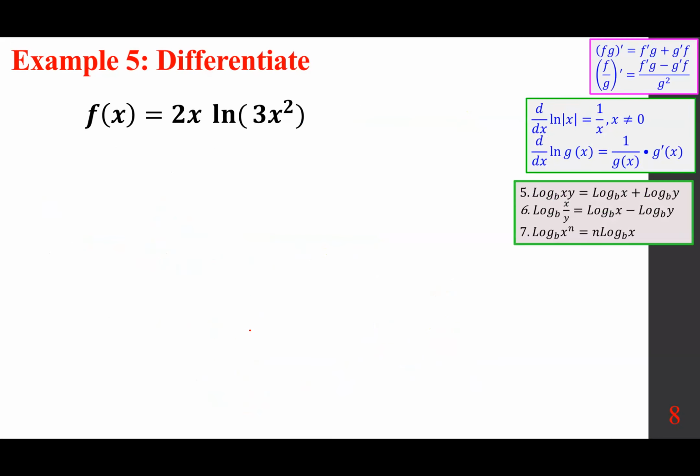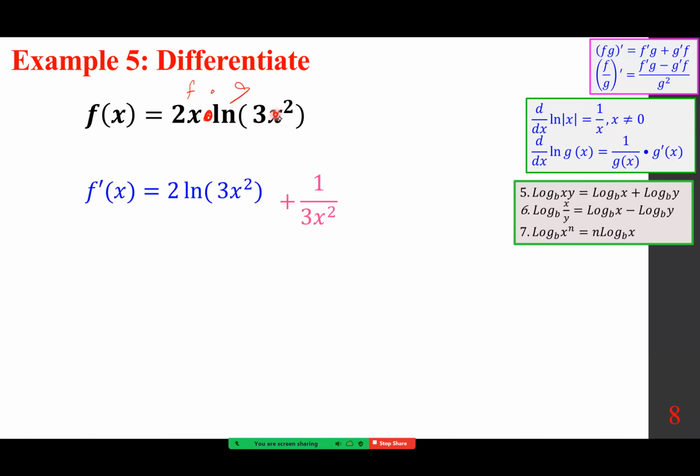When I differentiate f of x equals 2x times ln of 3x squared, I can decompose ln of 3x squared, but it doesn't really help. Instead, I put a raised dot here. If you call this f, this is g, so f prime 2 times g, ln of 3x squared, plus g prime. We want to differentiate this. Remember, with the ln, flip it over, 1 over 3x squared, and then times g prime. So 1 over 3x squared, g prime is 6x, and then times f,